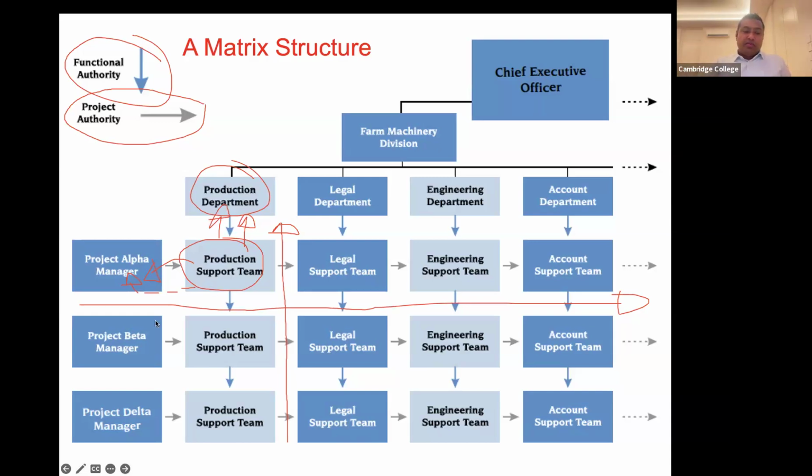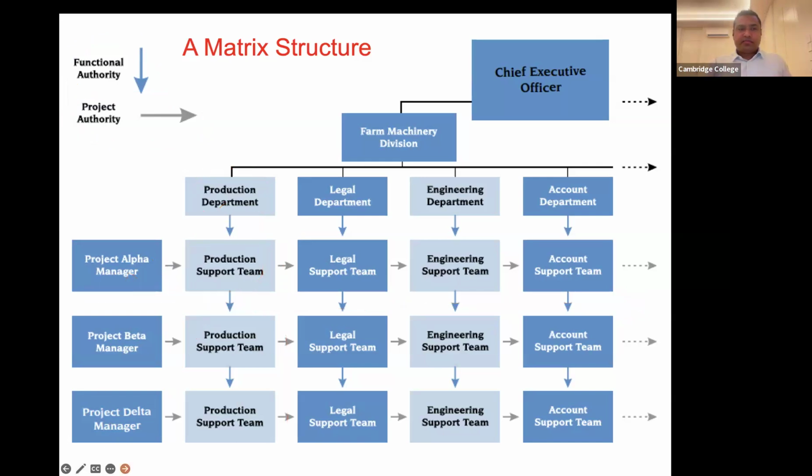Then sometimes the Project Beta head also wants you. So then you'll start reporting on this project to him. Then Project Delta will also want you. Now you have a dotted line reporting to this boss here. So globally, you get dragged into so many project teams, right? So many project teams, whilst you also have a direct reporting line for administrative purposes. So this is how most banks and global organizations today operate, especially in the IT space, where you have a lot of knowledge workers. They run what we call a matrix organizational structure,